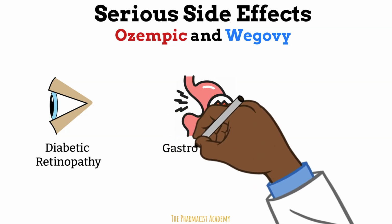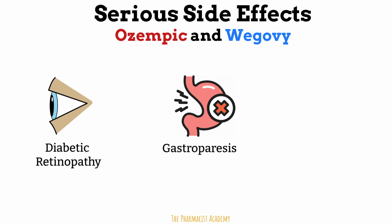Other serious side effects include gastroparesis or stomach paralysis. Ozempic and Wegovy impact the stomach nerves, affecting the rate of digestion and sometimes slowing down that process too much. When the stomach muscles get very slow or they stop completely, the stomach becomes paralyzed, leading to ongoing nausea, acid reflux, and pain in the stomach and intestines. This side effect has led to several lawsuits against Novo Nordisk, claiming the drug manufacturer downplayed the potential for gastroparesis to